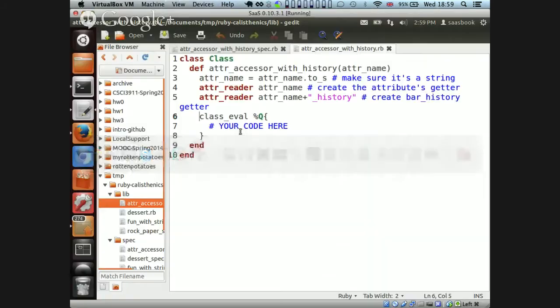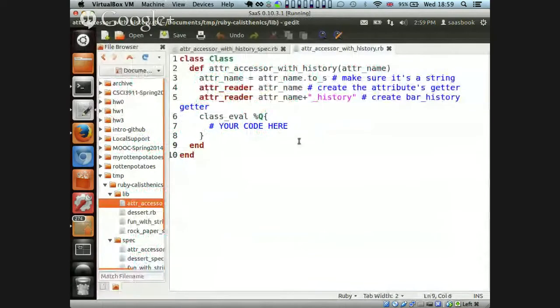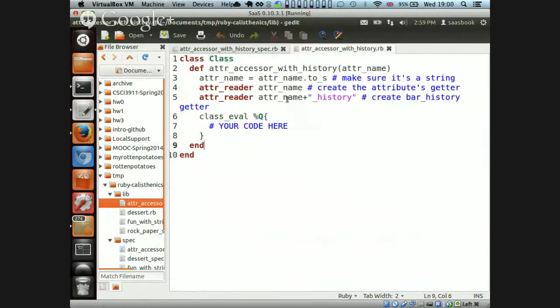If we go back and look at the process here, in particular, it's looking for being able to set this method. If we look at the top, for this test case, we've set up these two classes. We want to define the class in such a way that each instance will have this method on it. When we talk about doing class eval, in here we've used attribute reader to make sure that